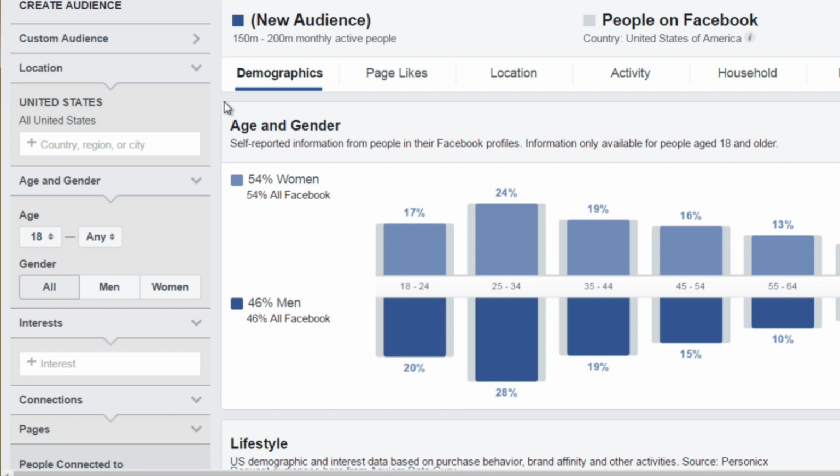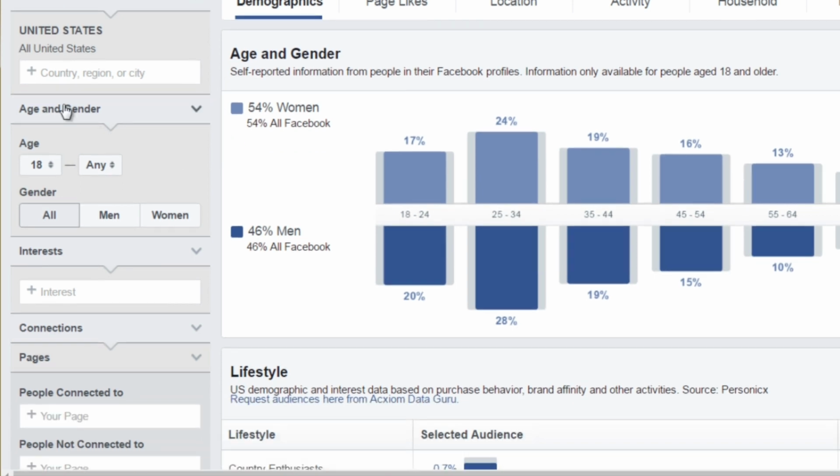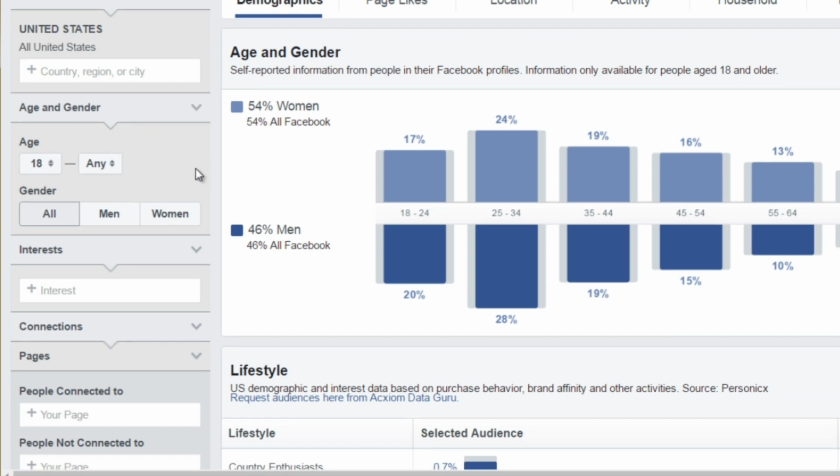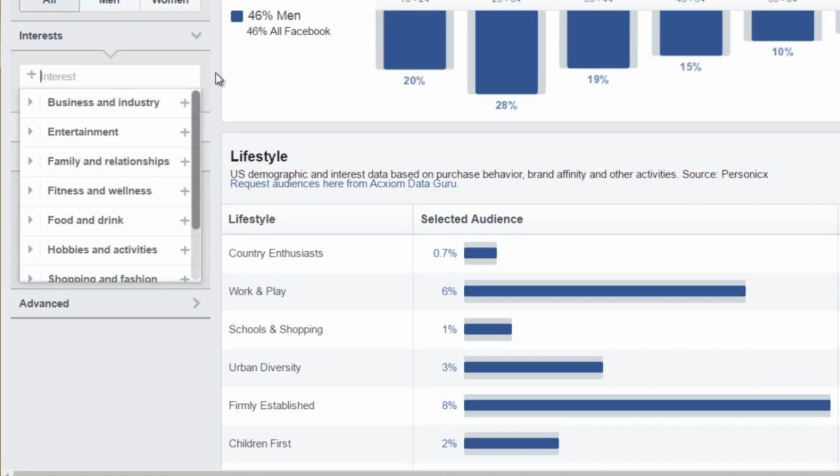By default, it will choose your country. In this case, I am pinpointing the United States, but if you are coming from a different country, typically it'll choose that for you. Of course, you don't have to choose your own country. You can choose a different country if you want, so I can X out of this and choose, for example, Australia, Canada or the United Kingdom. I'm just going to leave it like that. You can also choose the age and gender, but typically I leave this blank because I'm interested specifically in the interests, and based upon the interest, it'll tell you more data about that particular